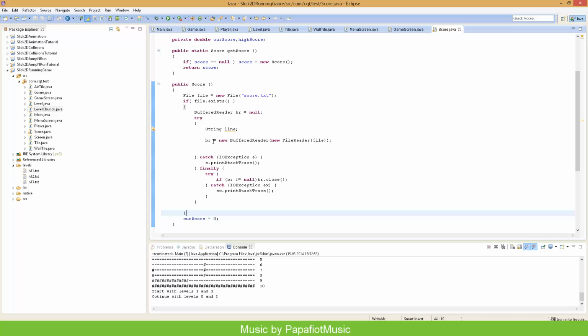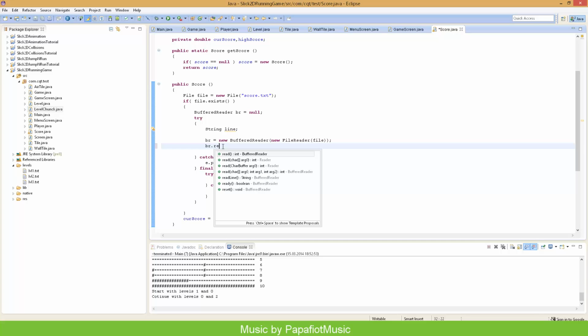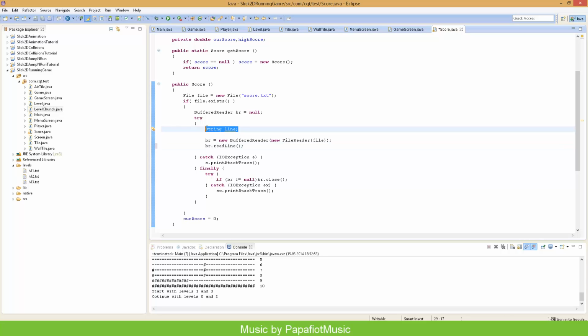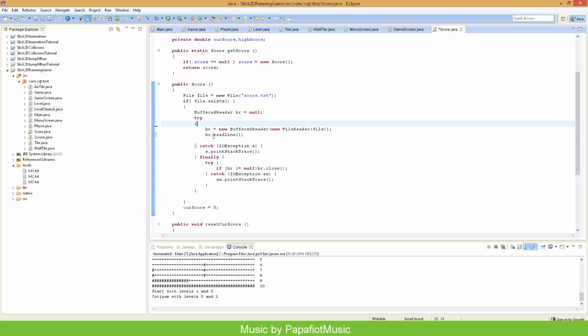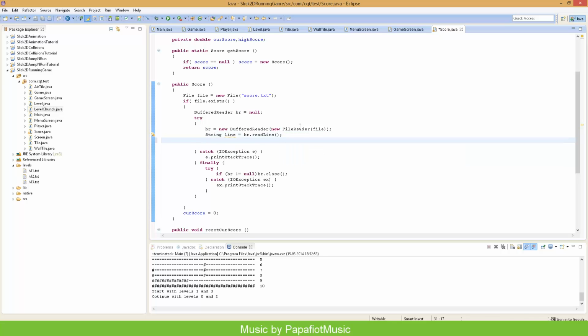And then we go on, we got the buffer reader, and then we say br.readLine, and our line equals that. So let me sort that. We just read the file and read one line, because I just want to save one single number in that file, so I won't use any fancy parsing things, any XML or something like that. I will just do